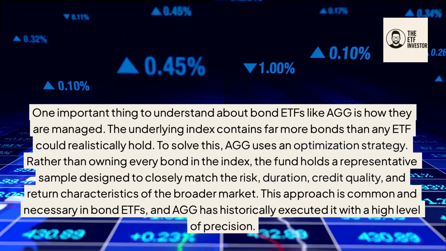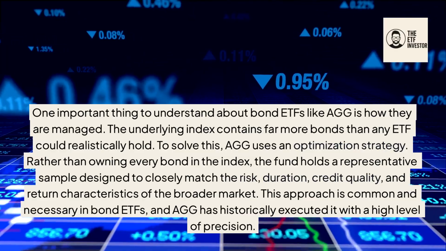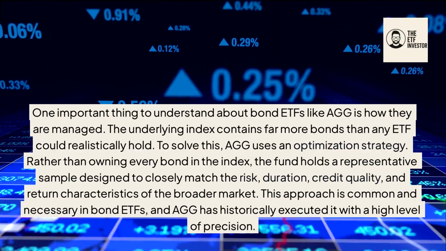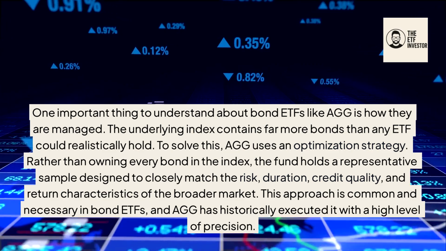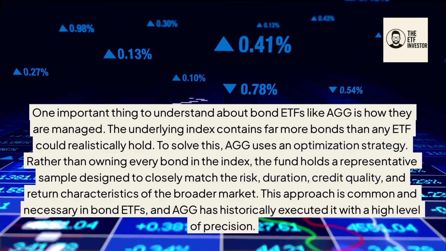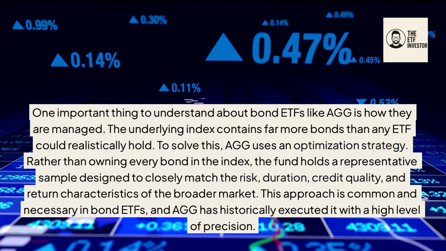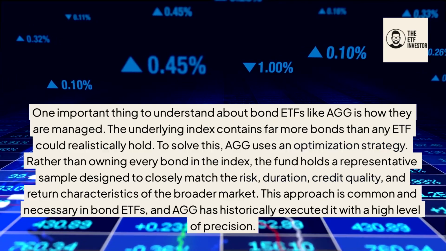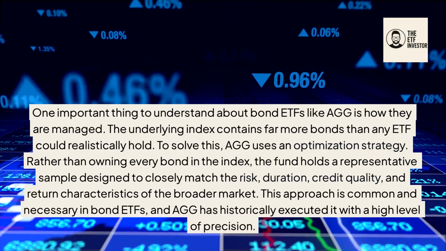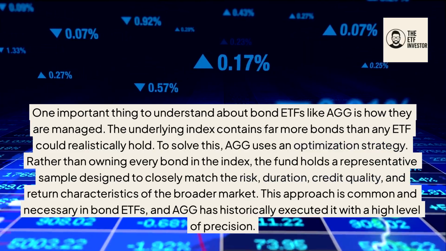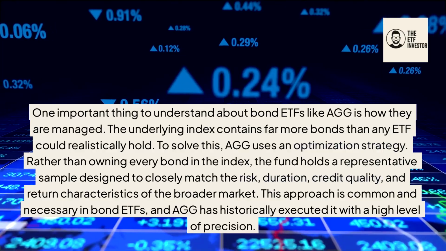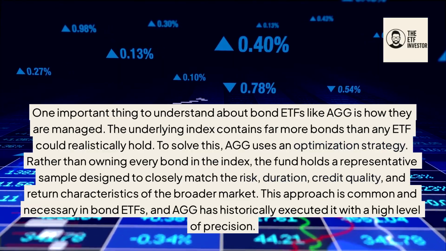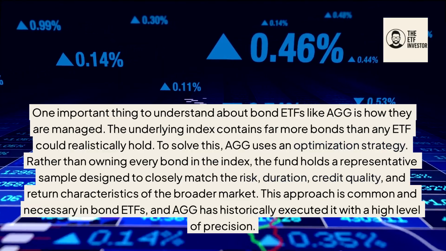One important thing to understand about bond ETFs like AGG is how they are managed. The underlying index contains far more bonds than any ETF could realistically hold. To solve this, AGG uses an optimization strategy. Rather than owning every bond in the index, the fund holds a representative sample designed to closely match the risk, duration, credit quality, and return characteristics of the broader market. This approach is common and necessary in bond ETFs, and AGG has historically executed it with a high level of